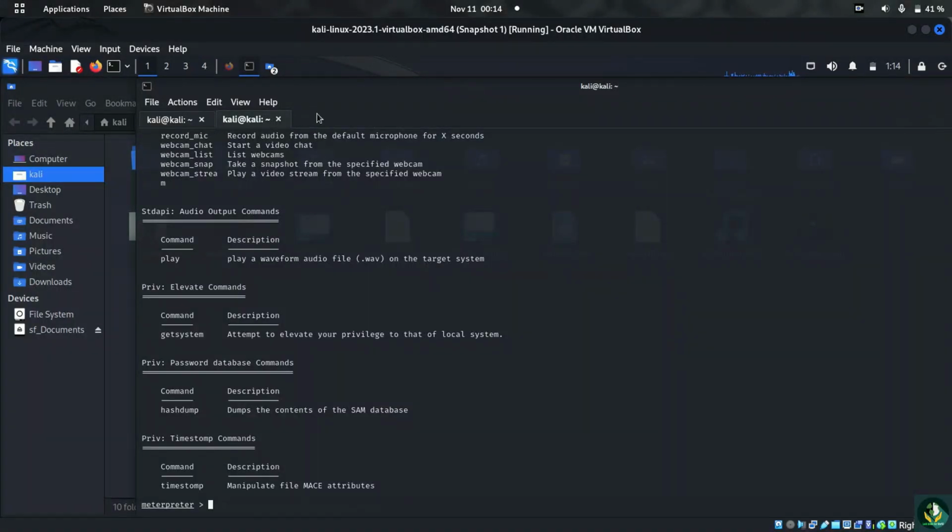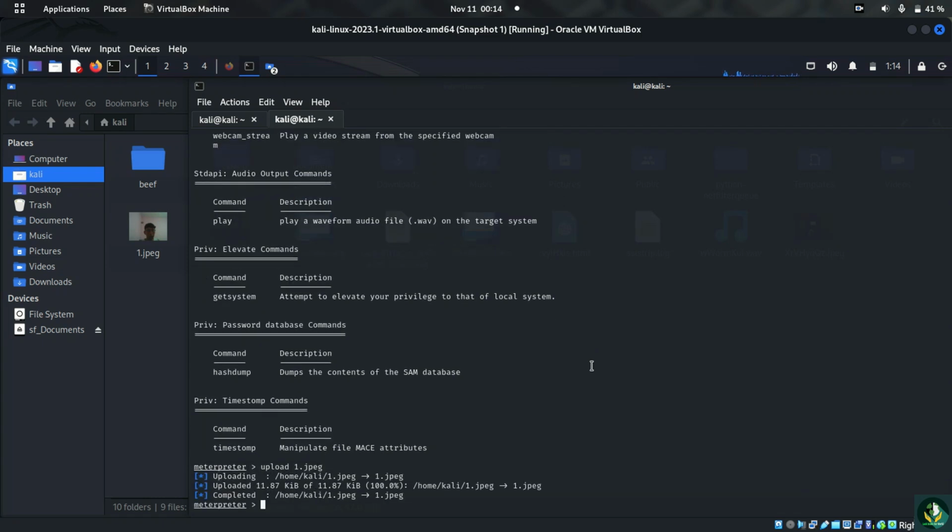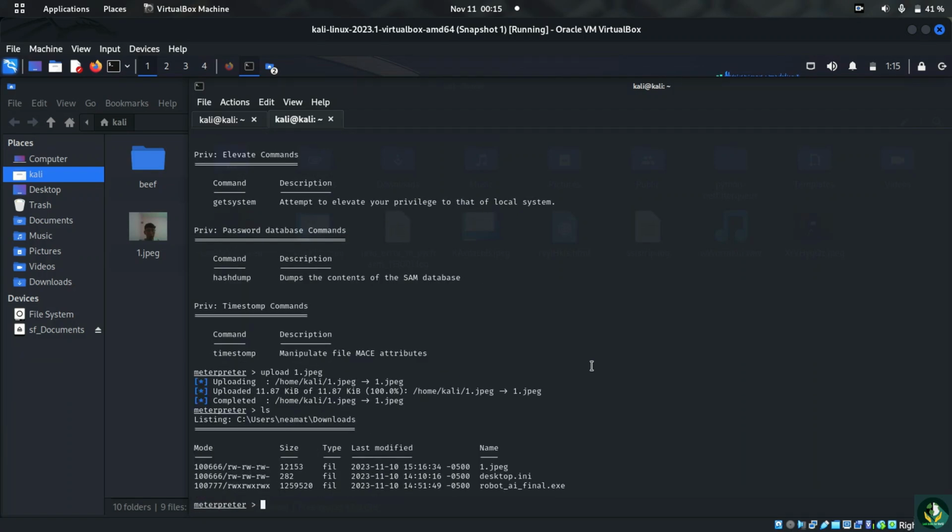So let's say I'm going to upload this file into my target system. Just imagine it's going to be something harmful that they don't want on their computer, and you want to send it there. So I just use upload and then 1.jpeg and hit enter. You see that completed, and right now if I just use ls, you see that we